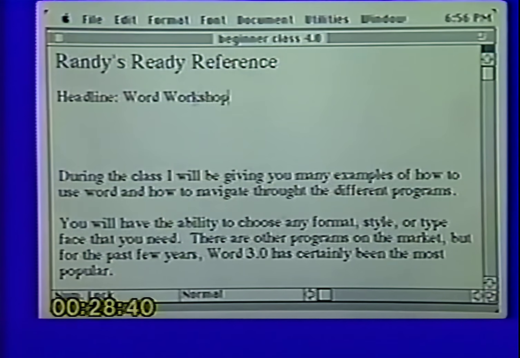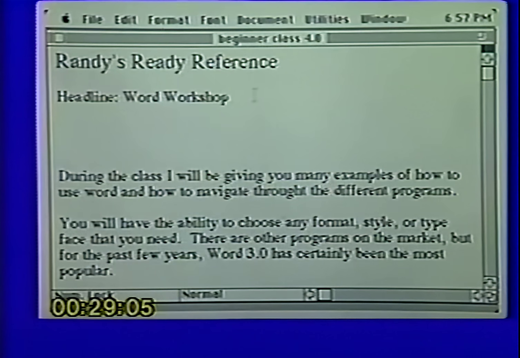Highlight what it is or select what it is that you do not want, and simply type in what you do want. Highlight what you don't want, type in what you do want. So if it's just one letter, you want to change an O, for example, to an I, simply highlight it and type in what you want. If you're trying to change that from the I to the O, which is what it should be, select it and then type in the new letter.